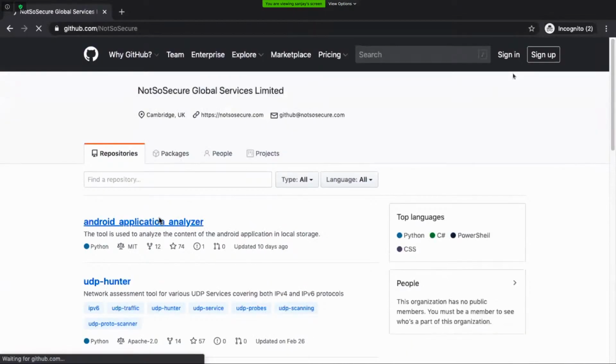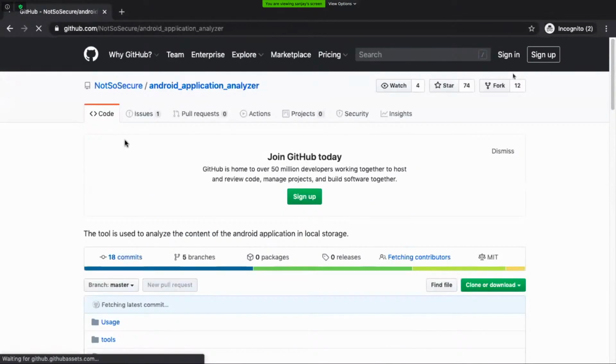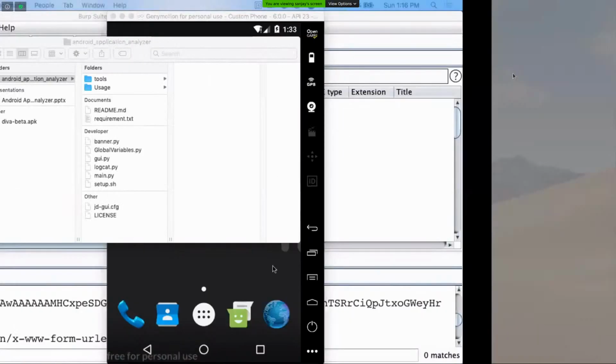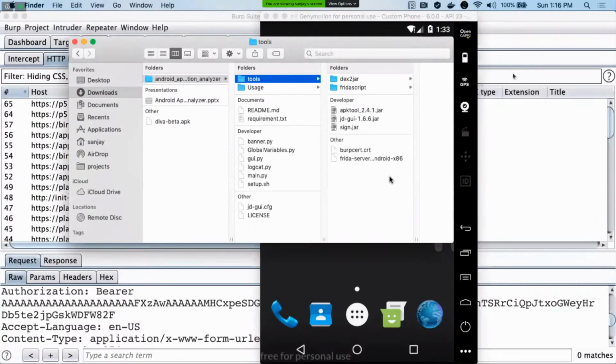I simply git cloned this repo. This is the folder structure. In the tools folder, I have already put all the utilities which are required to run this particular tool.